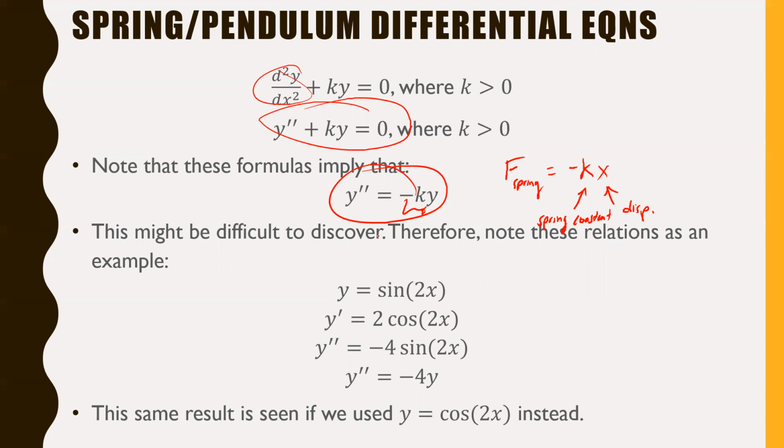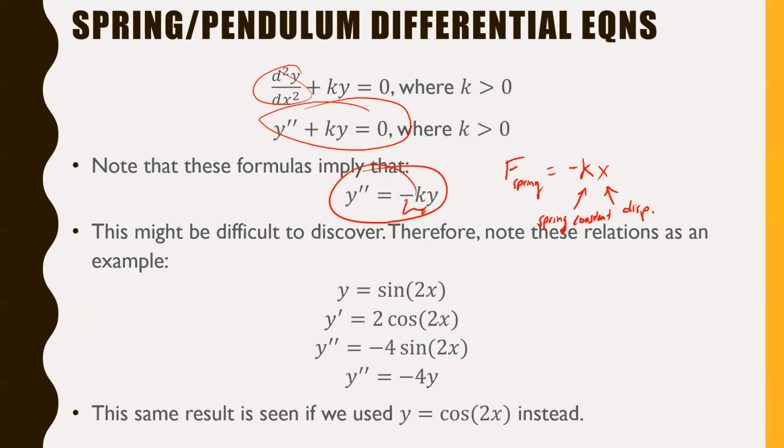I want you to note this example, though. This is an example I've just kind of pulled out of thin air. Let's imagine y was equal to sine 2x. There's a reason I picked a trig function, you'll see what I mean. If y is equal to sine 2x, the derivative of y would be cos 2x times 2, because the derivative of sine is cosine, so cosine 2x multiplied by your chain rule piece, the derivative of 2x is 2, so that popped out there. If you took the second derivative, notice now the derivative of cosine is negative sine, so